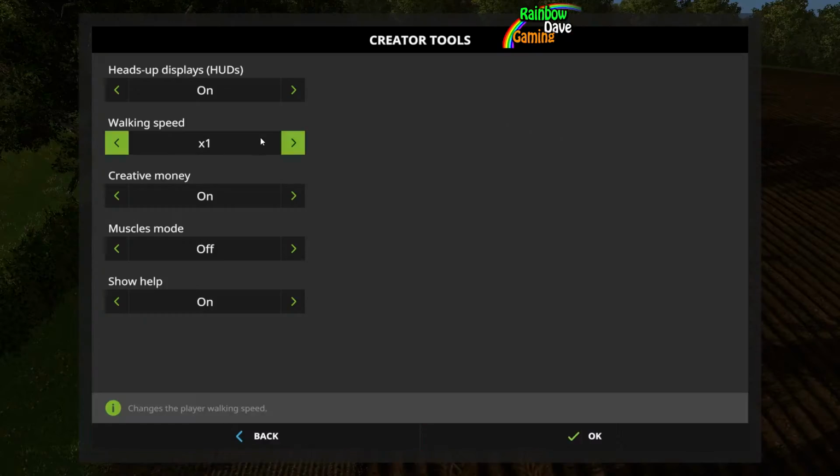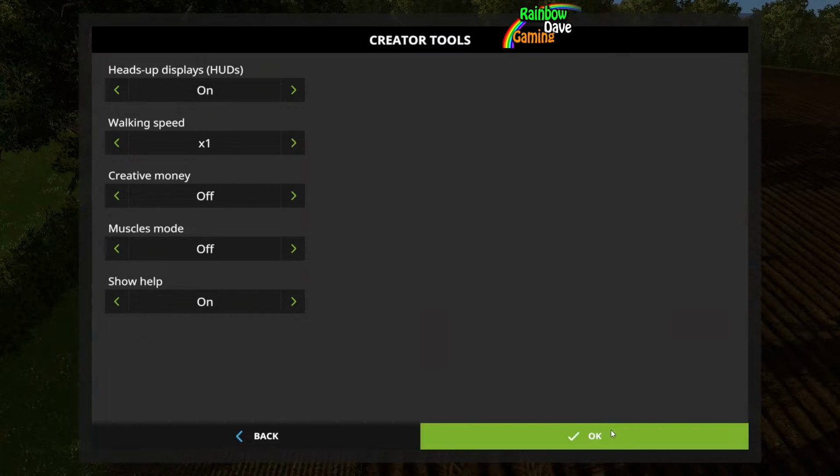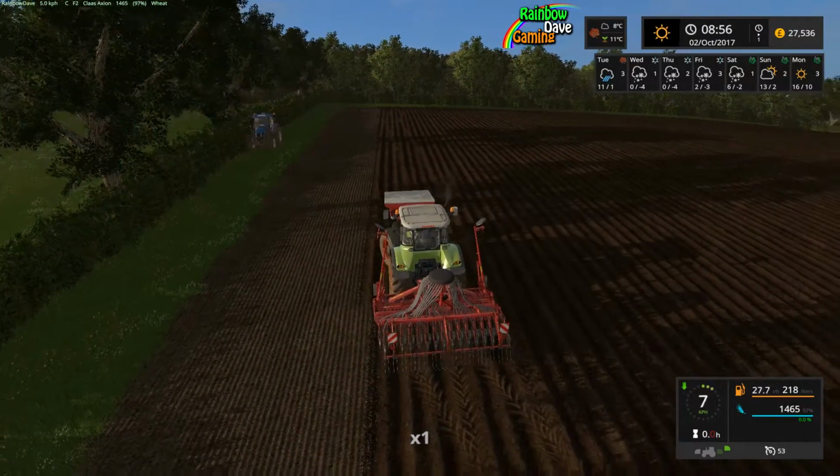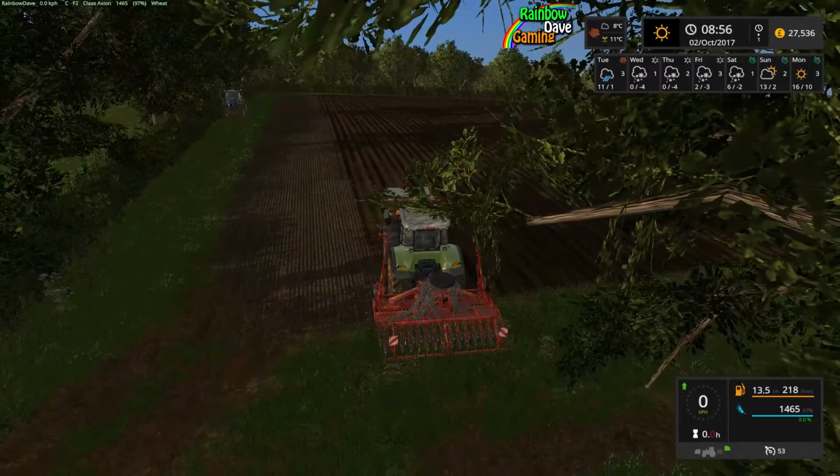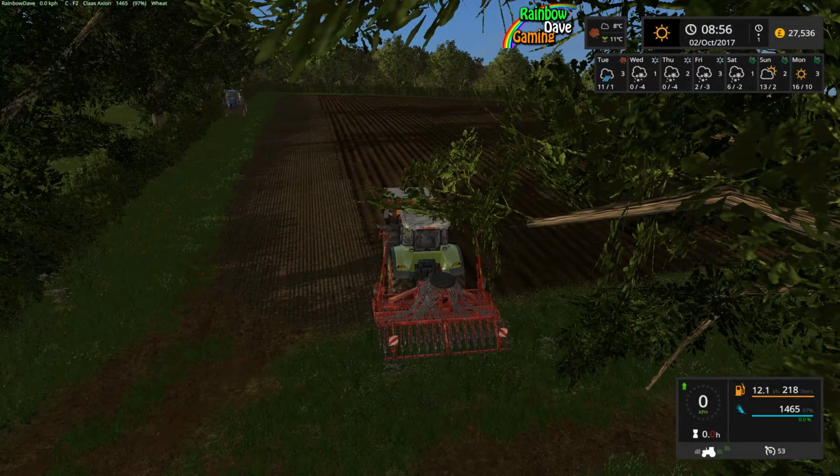So actually I forgot to turn off the creative money. So let's turn that off real quick. And it does mean that I don't really need to do XML edits anymore, do I? Because that's all I ever really edited, so...